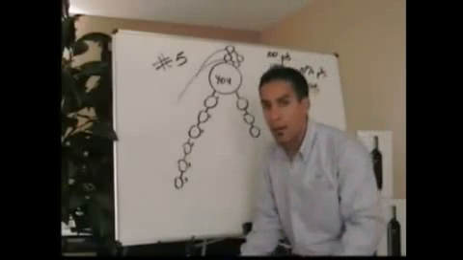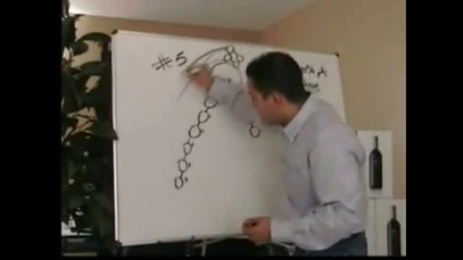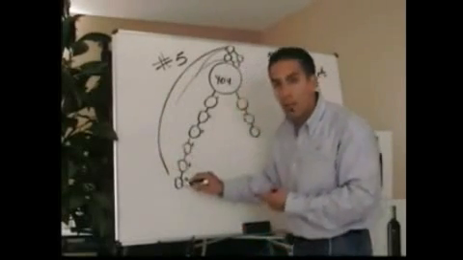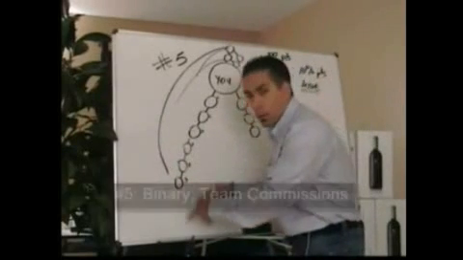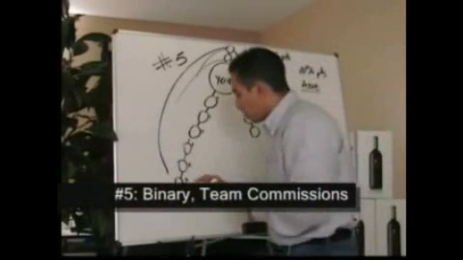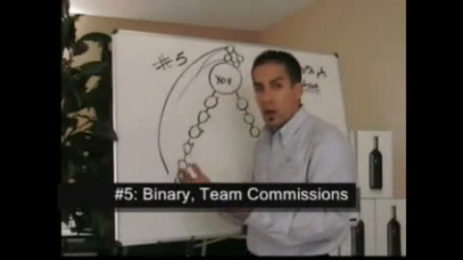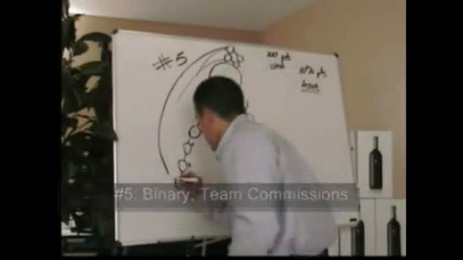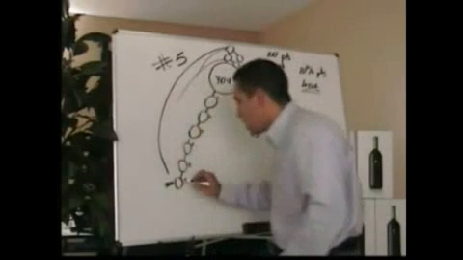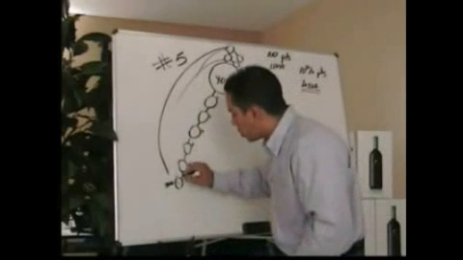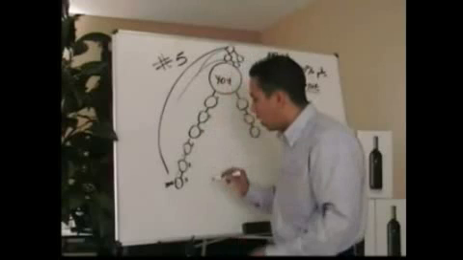The points go from the bottom up. It doesn't necessarily matter who placed the person there. So this person who purchased 3 cases, they're actually going to get 250 points. I'll round it off to 300 just for math's sake. So let's say 300 points they're going to receive. Those 300 points are going to go up the line. Everyone else is going to receive them.